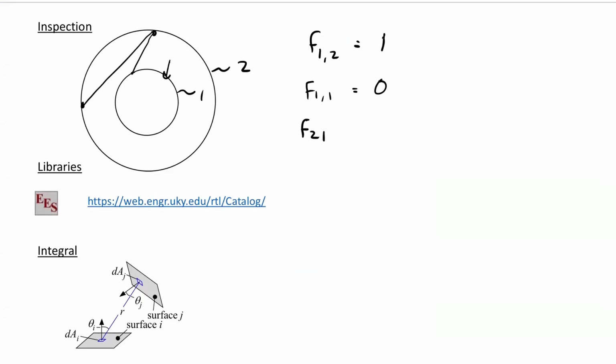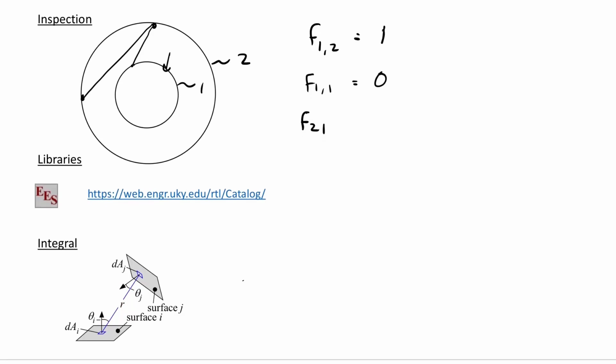So the idea is that, let's say we have these two surfaces. We have this little differential element on surface I here. It has a normal associated with that element. You have another element up here with its own normal, and then there's a vector that connects these two differential elements. The angles between the vector and the normal to each differential element go into this formula. So if we say Ai times Fij, that's the area of surface I times the view factor from I to j, that is going to be equal to